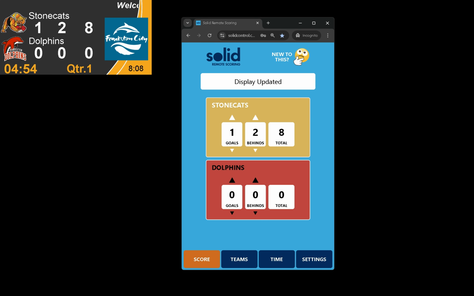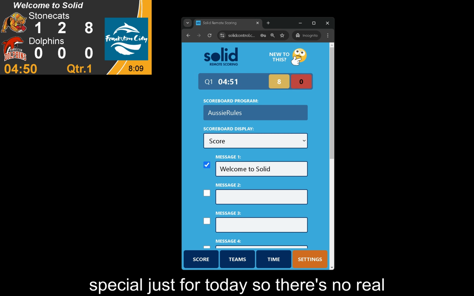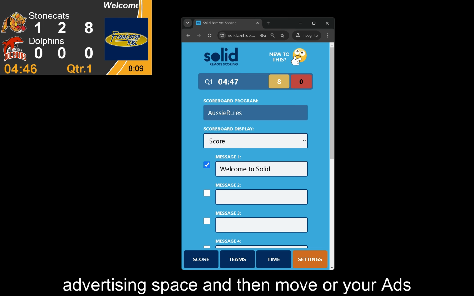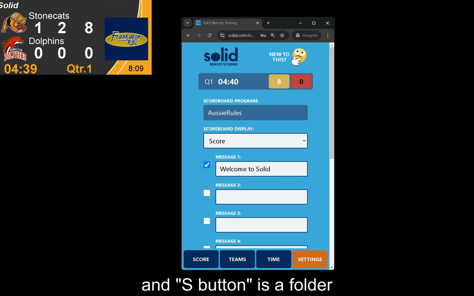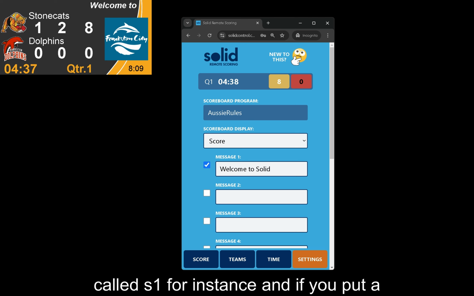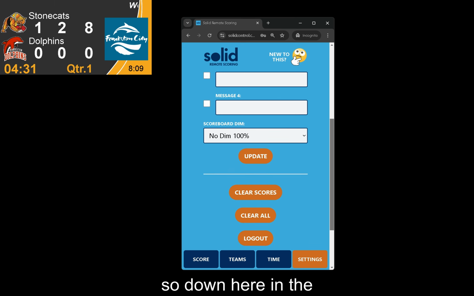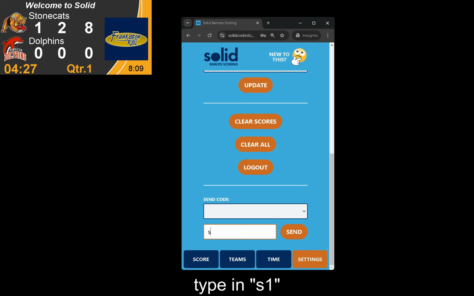Now there's also occasions where you want to play something special just for today. So there's no real reason to go and put some graphics in your advertising space and then move all your ads somewhere else. We can give you what we call S buttons. An S button is a folder called S1 for instance, and if you put a graphic in there or a few images, they'll play when we tell it to. So down here in the special send code box, type in S1, send,